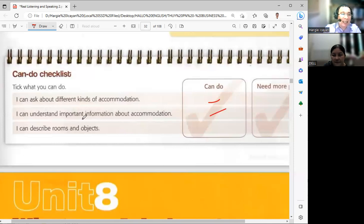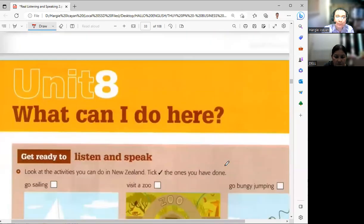So it's very important. And you can describe rooms and objects. So how are you going to describe that? This is my bedroom. As you can see, it's got a big bookcase, a really big bookcase. And as you can see, it's untidy. So that is how you can describe rooms and other objects. So you can do that one too. Okay, good. Now, since you don't have any questions, Toy,